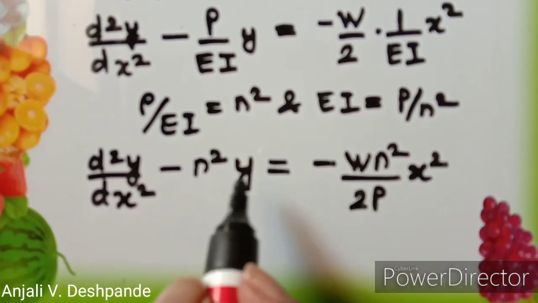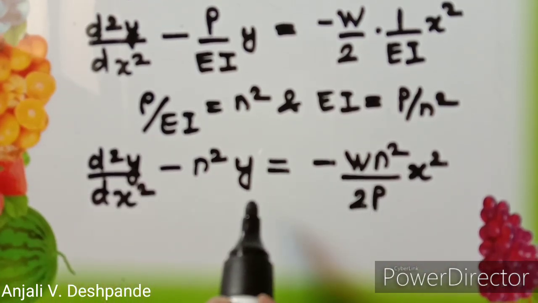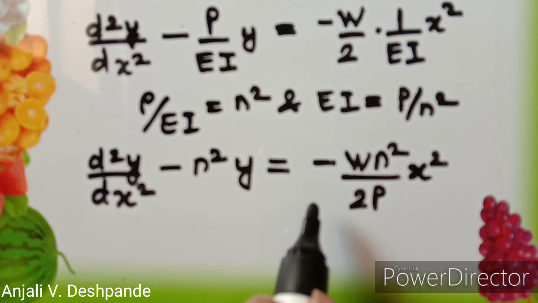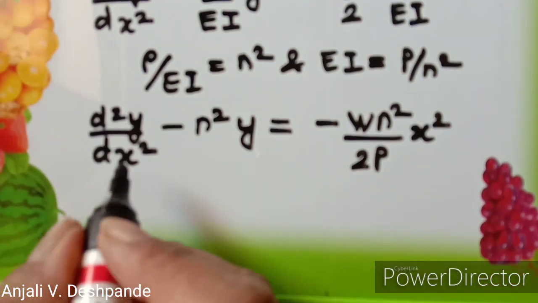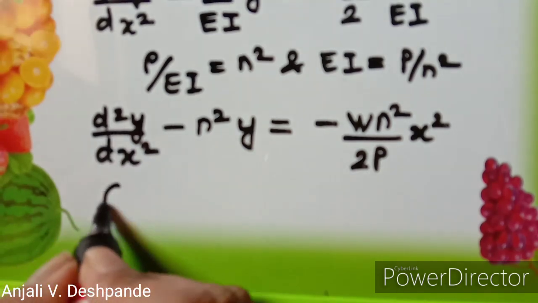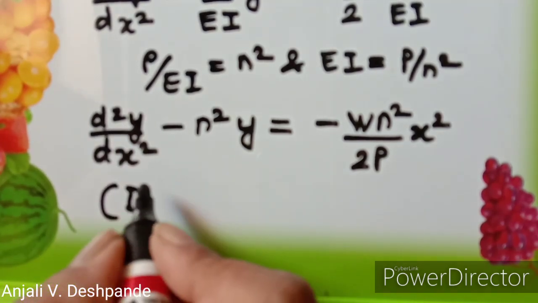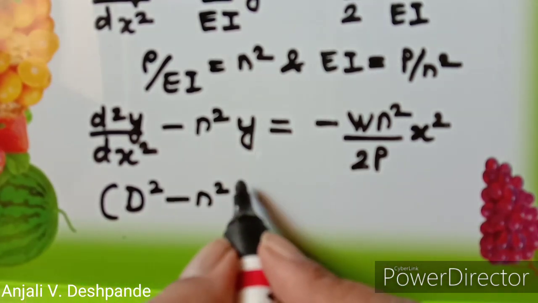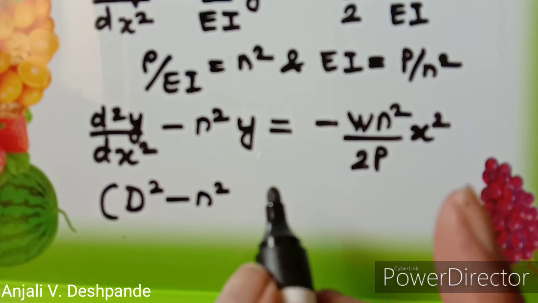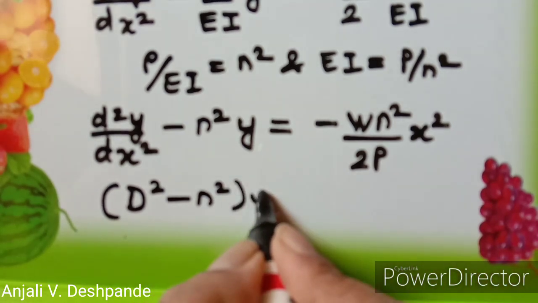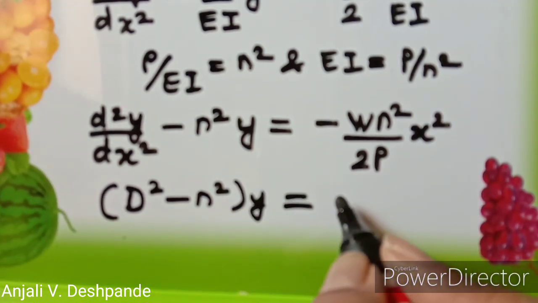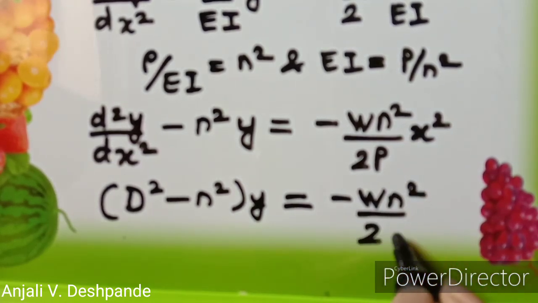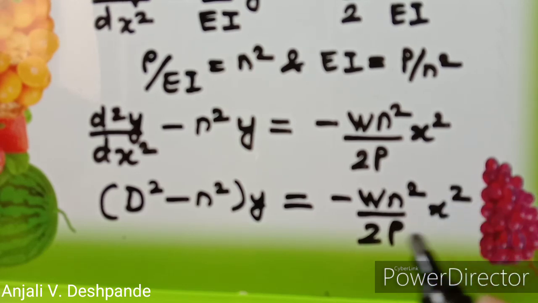Now this equation, you can see that it is a linear differential equation with constant coefficients. So now we are going to solve this particular differential equation. So here you can write again making use of the operator D. Please refer to the earlier videos on this topic which are given in the description box, and also one link I am providing over here, that also you can see. So I am rewriting now by making use of the operator symbol, divided by 2p x square.